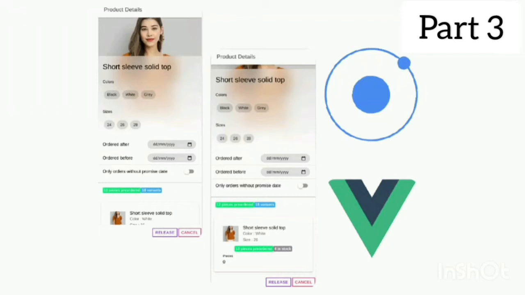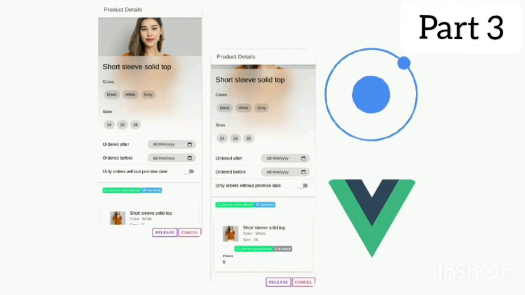Hello everyone. So in the previous video I created the remaining part of my product detail page. That is, I created the result batches and all the components of my iron card, and also created the footer of my page which contains two buttons.